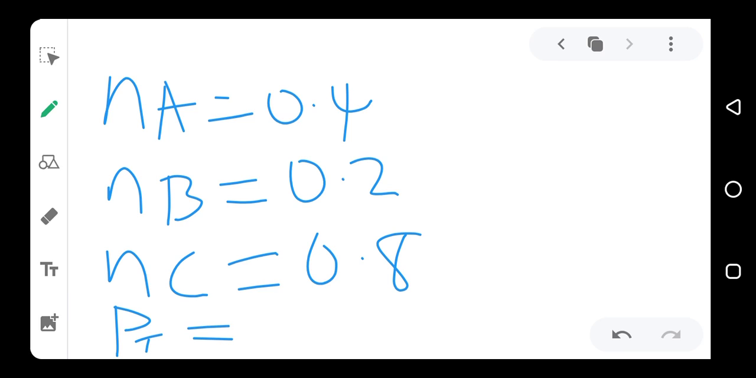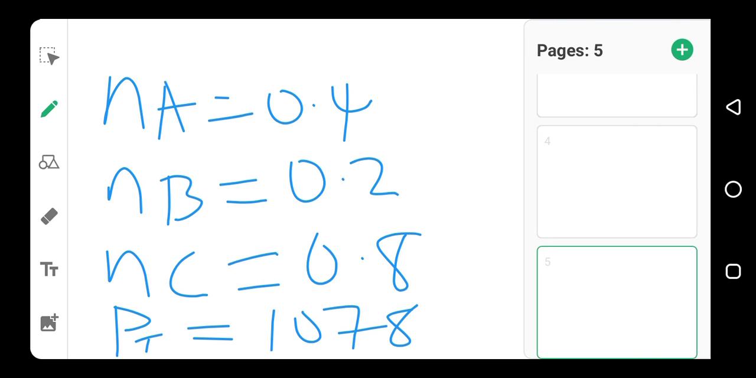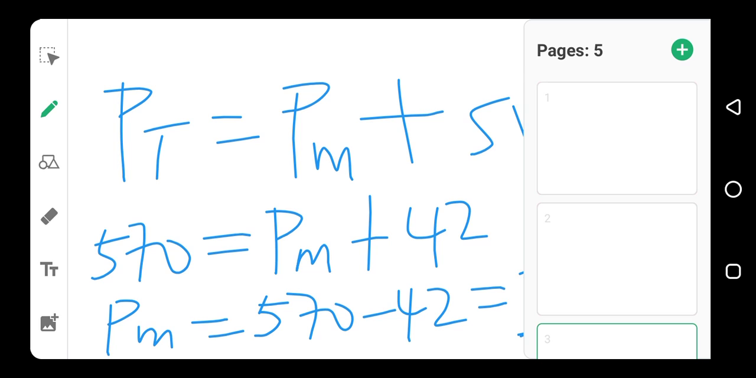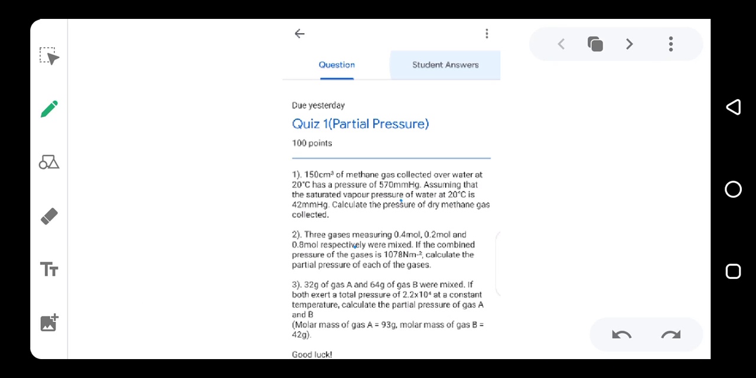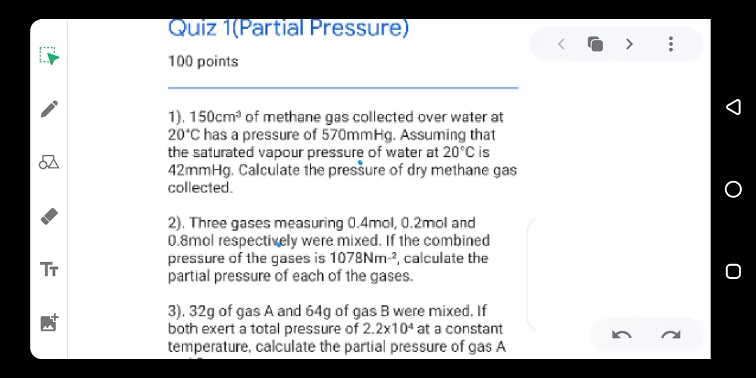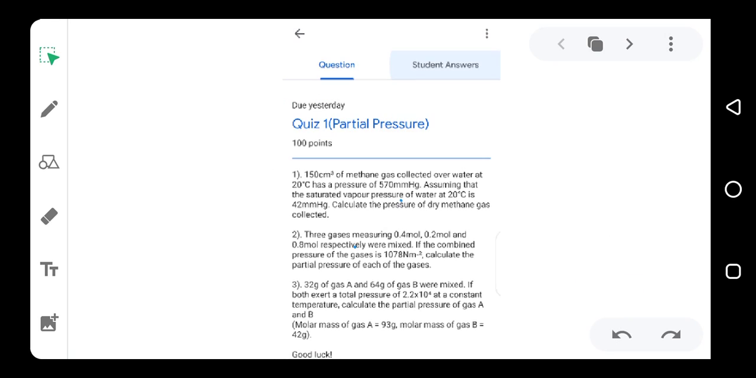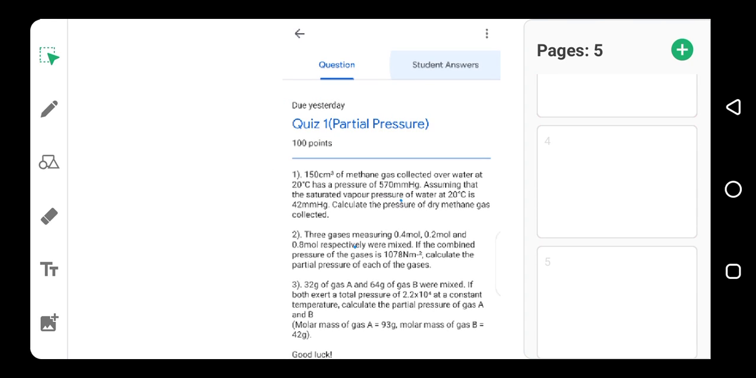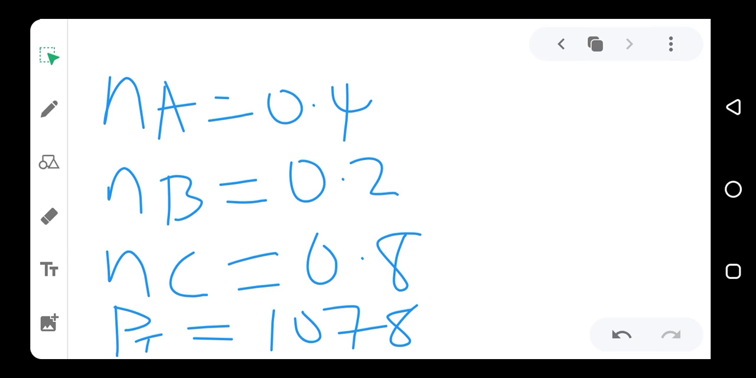PT is equal to 1078. PT is equal to 1078. So we have this. Now to get for gas A,